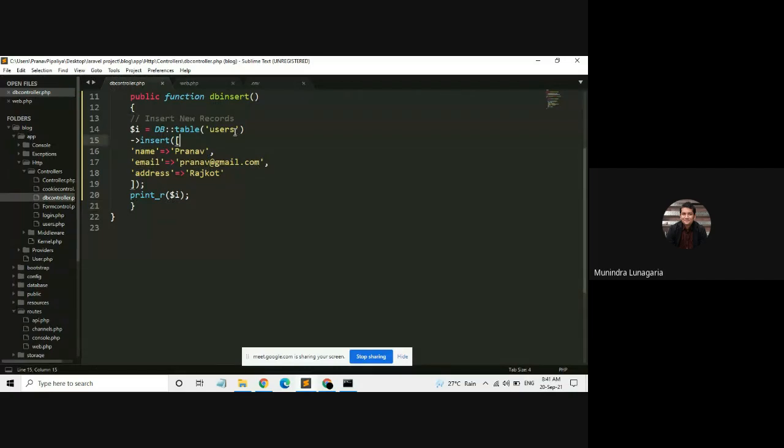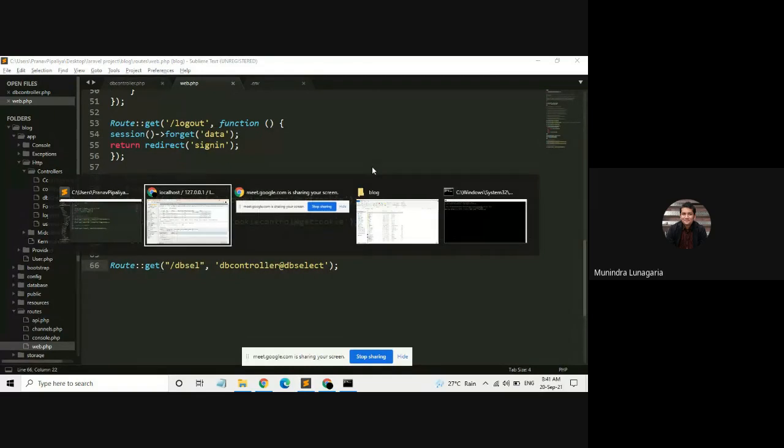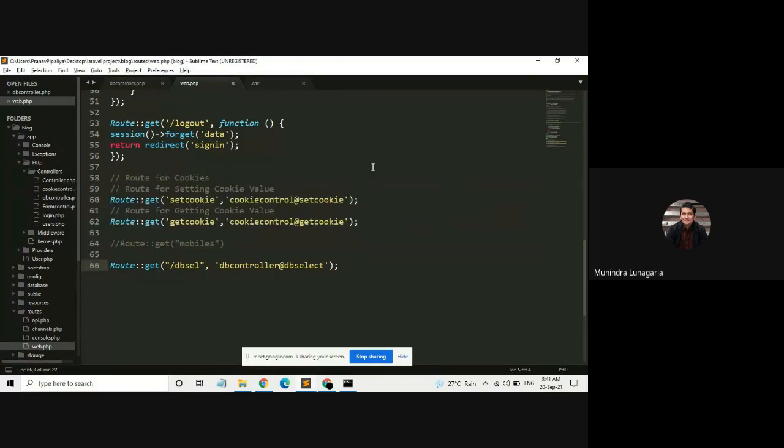Now what we are going to do is write once again the route also. So go to the web.php. I'll give you the route. Hold on. Copy this as it is, DB select, copy this. Enter. Paste.